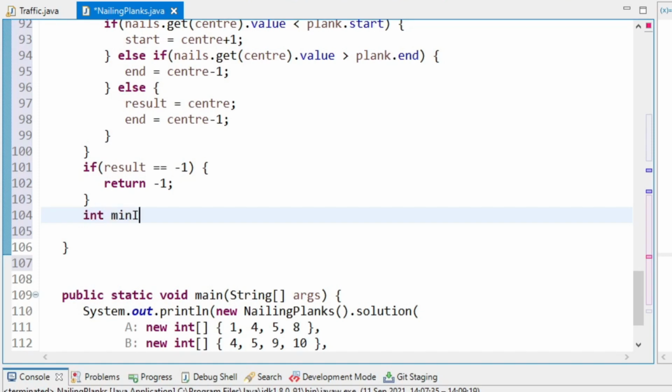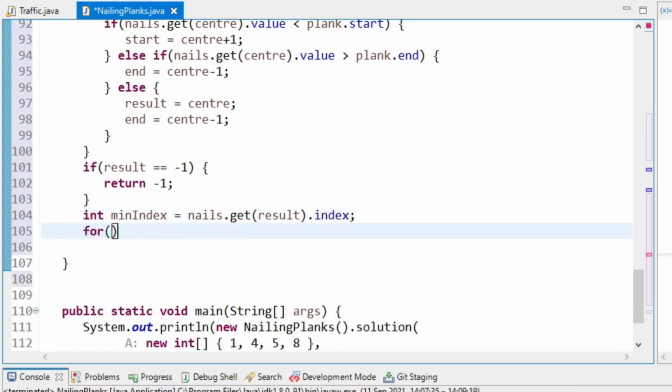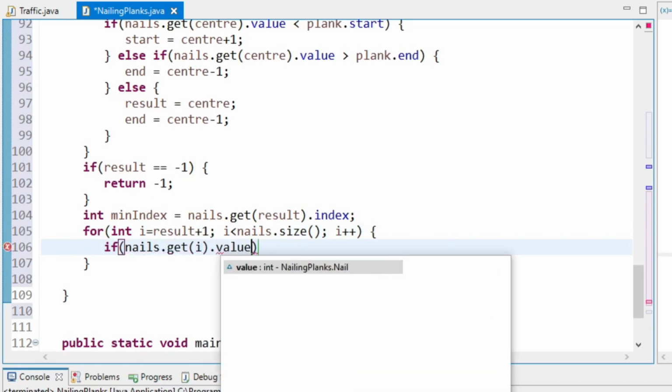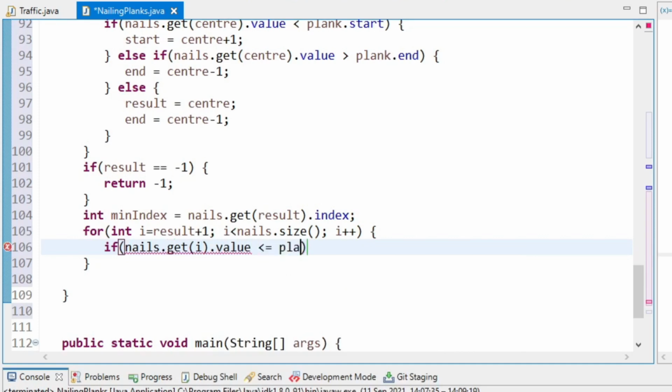First, I've got the min index, that is the nails at the result, the index of that. But now I want to loop from result + 1. I don't want to go out of the number of nails that I've got, i++, and if nails at this index value is still less than or equal to plank end,